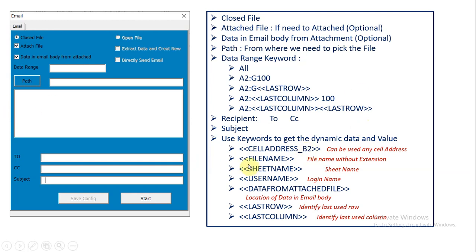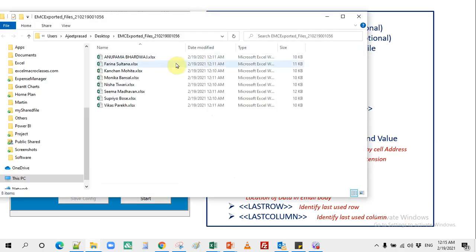Similarly, we will have file name. So whatever is the file name of the file, like here, I have these files and I know these are my usernames and I want to use this name. Definitely a file extension is not needed, so it will avoid the file extension.